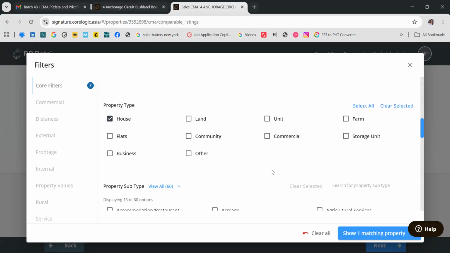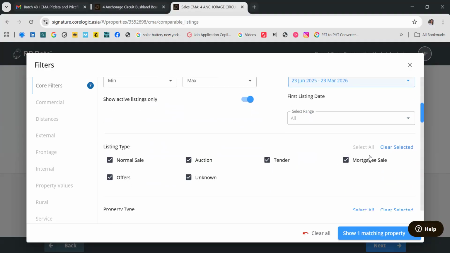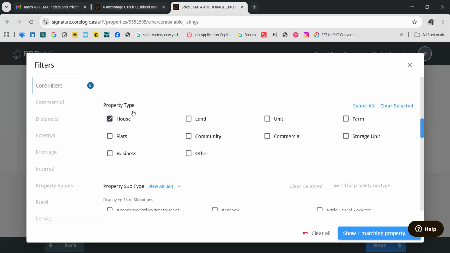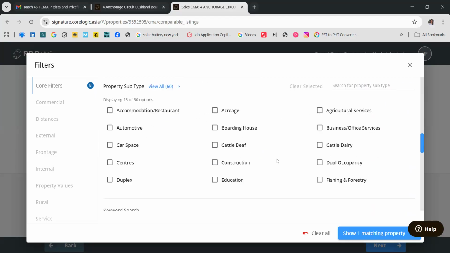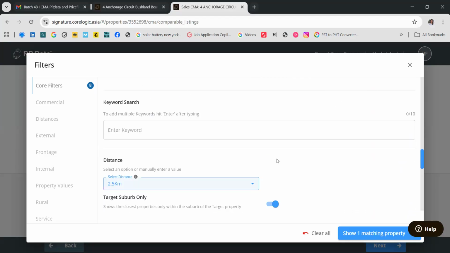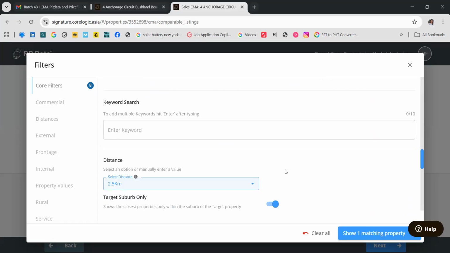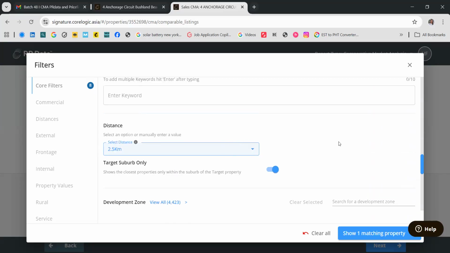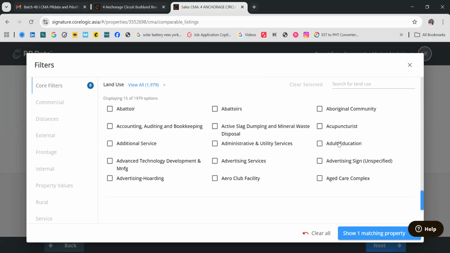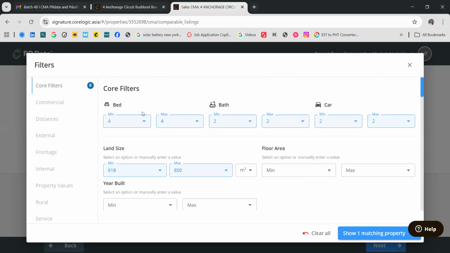By the way, for the listing type, let's clear selected first. We'll choose that first. Though for the property type, since I think it's a house, choose house, or tick the house. Now for the property subtype, we're good with that. No need to make any edits, or just skip it. Still 2.5 kilometers. So you can see we're able to see just one matching property. So let's just change the